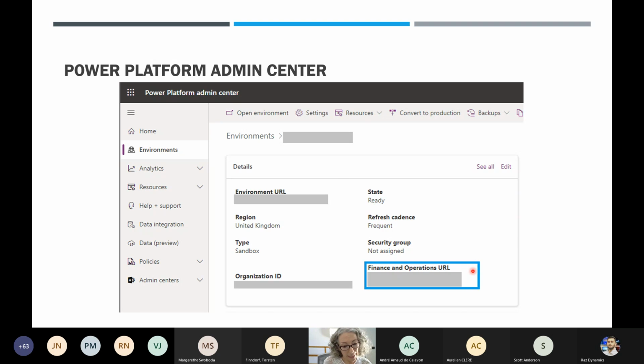Go there, and well, as the Dual Write screen is actually available from FNO, you need to go to FNO, that's great, but you can navigate from the Power Platform Admin Center. Okay, so